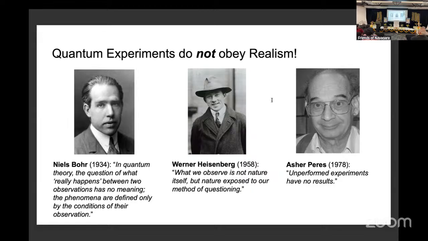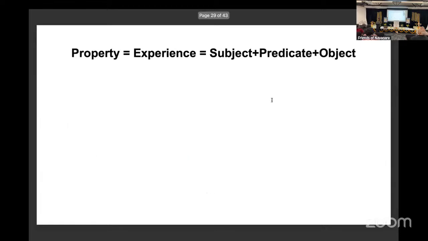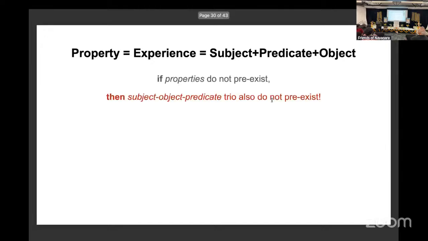Usually we think that an experiment already has a result, some result. Your job is to go figure out what it is. Right? The ball is either black or blue, you just don't know until you open the box, then you know what it is. But what this is saying is until you open the box, the ball didn't have a notion of black or blue. There was no property until you did that observation. Okay, so again, let's go back to this thing. What we called a property, or sort of the sum word for an experience, was the subject, object, predicate. So if I say properties do not pre-exist, then subject, object, predicates also don't pre-exist.